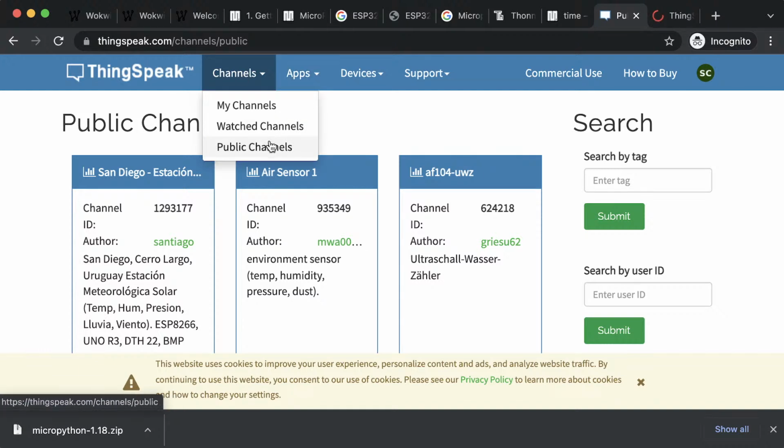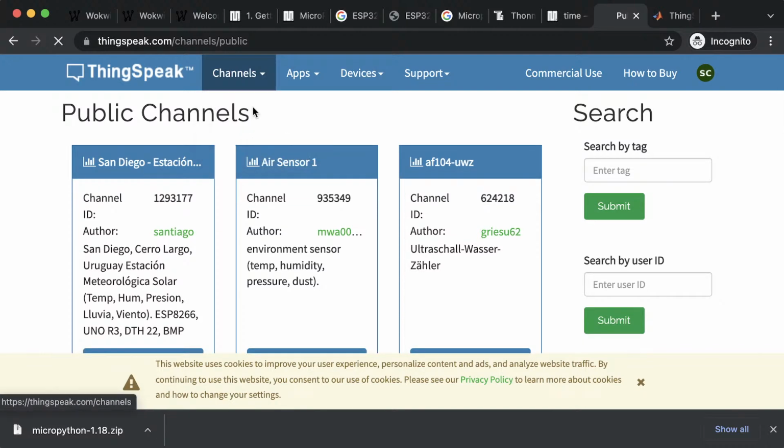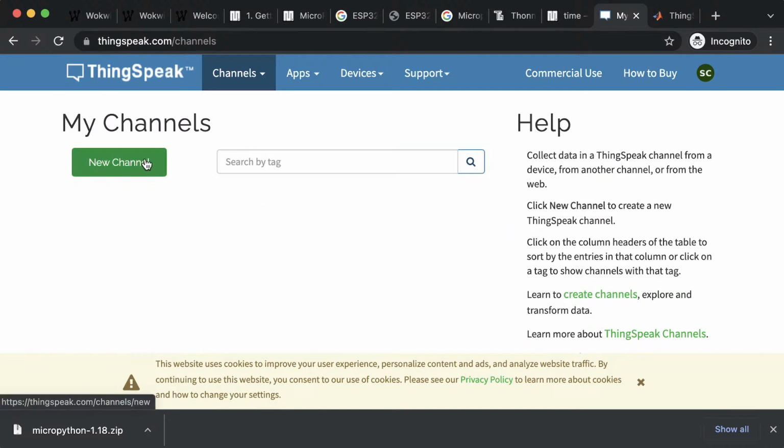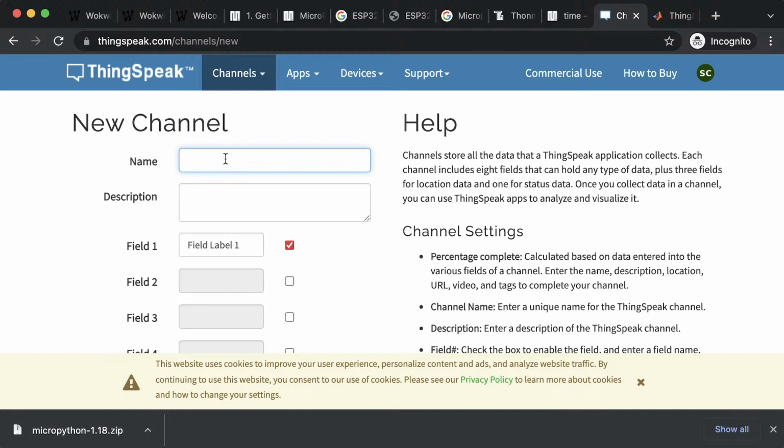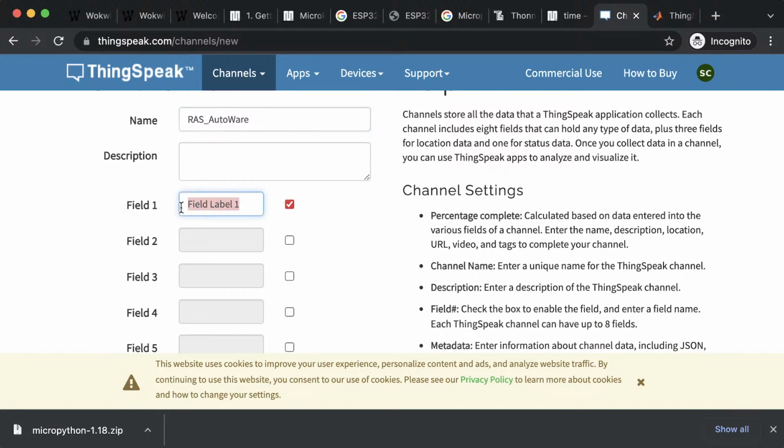Now I want you to go to channels and then public channels. One second. Okay, sorry, my channels. Yes. So these are going to be your channels that you will create using New Channel. Let me give it a name: Simple RAS AutoWare. Description is optional, but no need for now. What I'm going to do is, from our ESP32 device, we'll have a simple counter variable that we'll increment in each iteration of our infinite loop, and then we'll send that particular counter variable value to ThingSpeak. So let's just write it as counter,